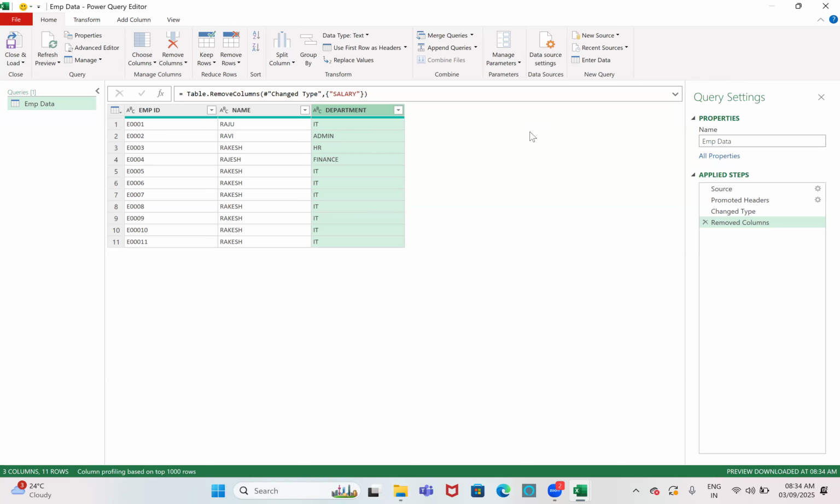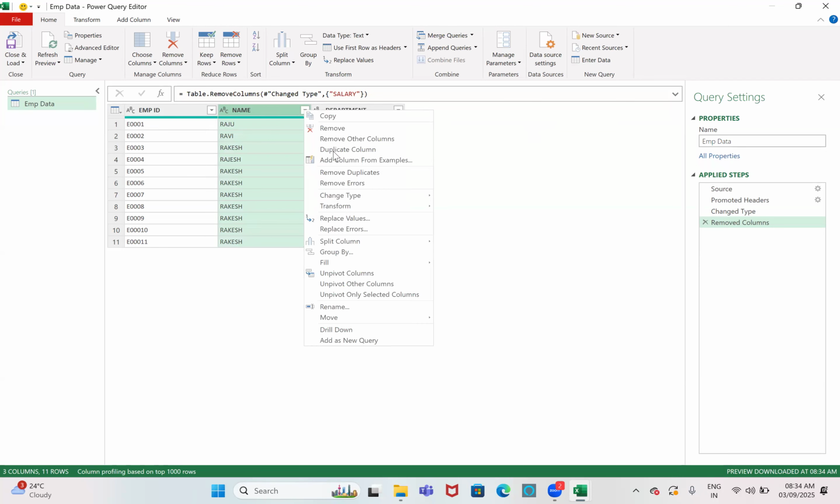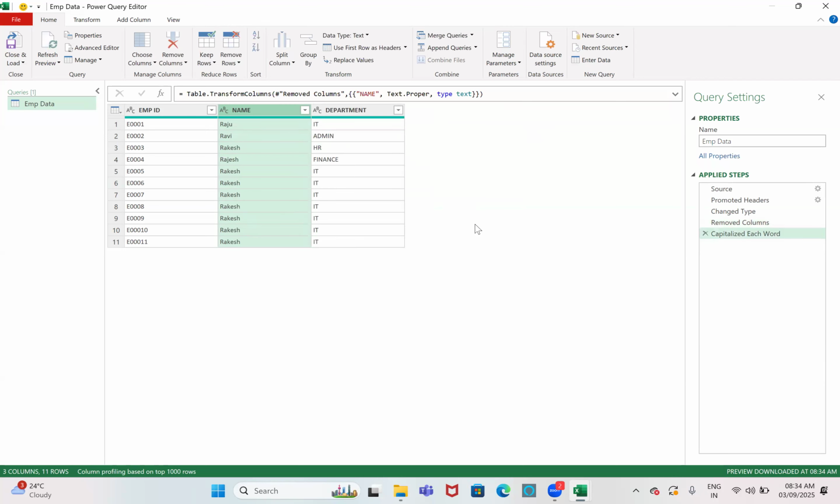It will not change the actual application. And for this name, just right click and click on Transform, convert to Capitalize Each Word. Like this, whatever you want to do, you can do in the middle before loading the data itself. That is transformation, modification.